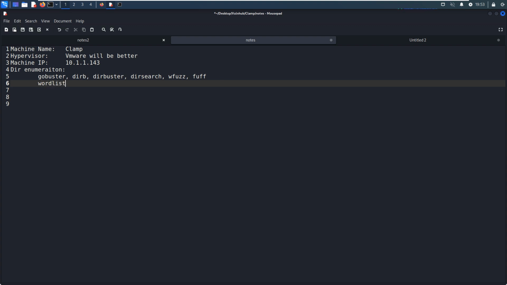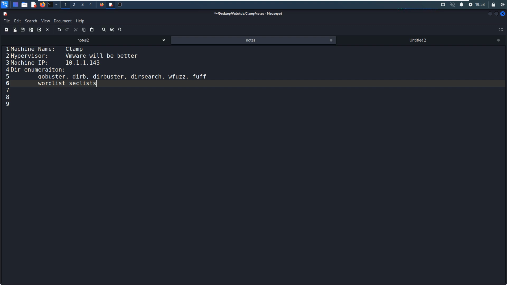In most cases, for me, I always use the DirBuster word list, and this is the built-in word list in Kali Linux. But in some cases, we need to have more word lists, like we need to install SecLists, okay? And SecLists is a very fantastic word list set, and you can find the word lists for directory